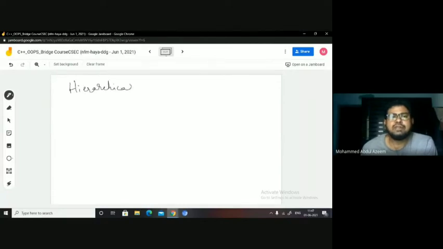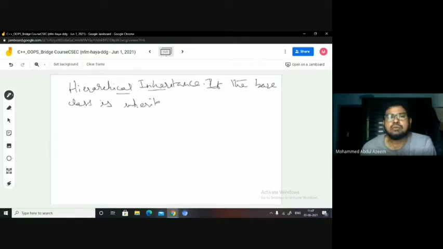Now we'll see hierarchical inheritance, right? If the base class is inherited in a tree order, hierarchically, then it is said to be hierarchical inheritance, right?